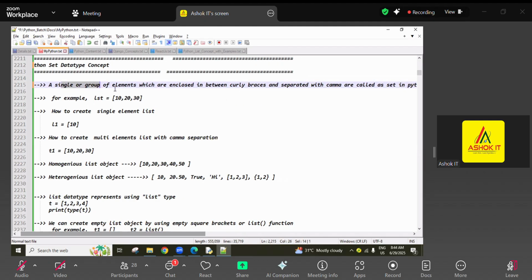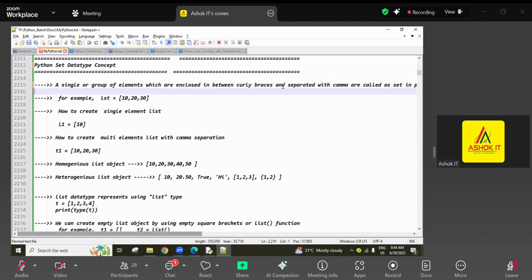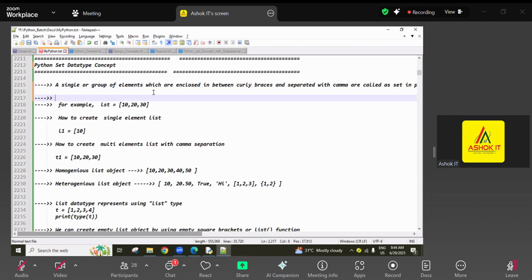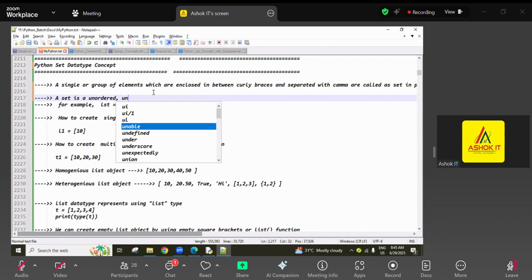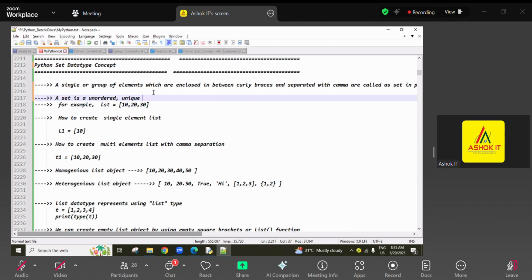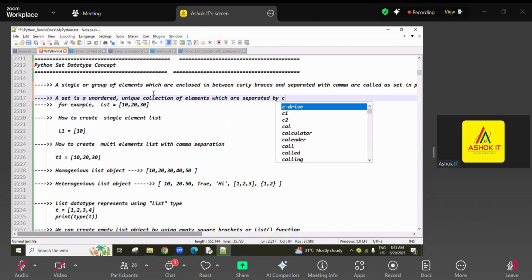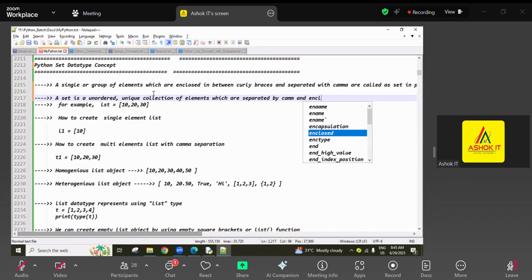You can also consider one more point: a set is an unordered unique collection of elements which are separated by comma, and